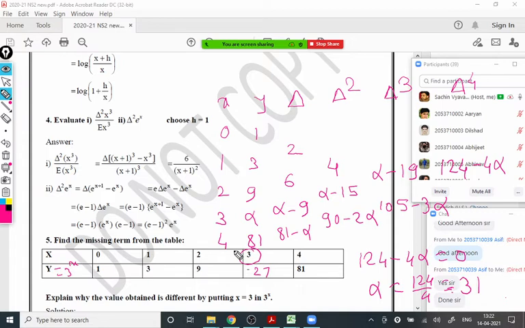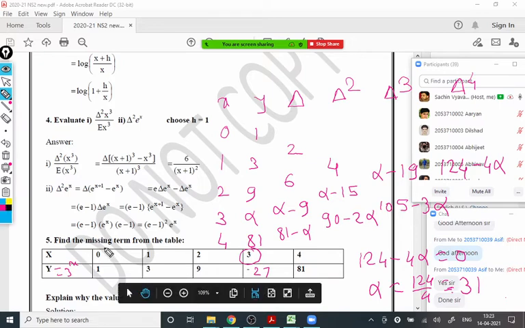Now why did this happen? Because in interpolation we are approximating the function by an algebraic polynomial. For example, when we are given 1, 2, 3 and 4, actually we are given 4 pairs. This pair is not given, it is unknown, so 4 pairs are given. When there are 4 pairs, it is approximated by a third degree polynomial. When it is a third degree polynomial, its fourth derivative should be 0.